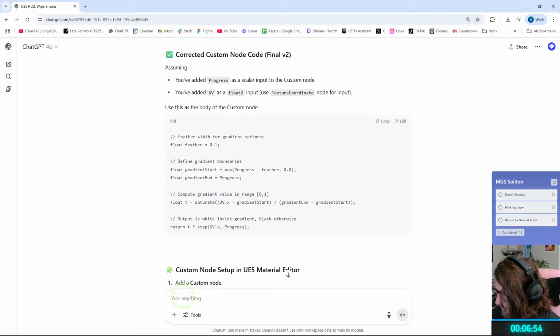Let's tell GPT. I want to control the distance of the gradient. What else do I want to do? So I can get like this nice long distance. And I also need it